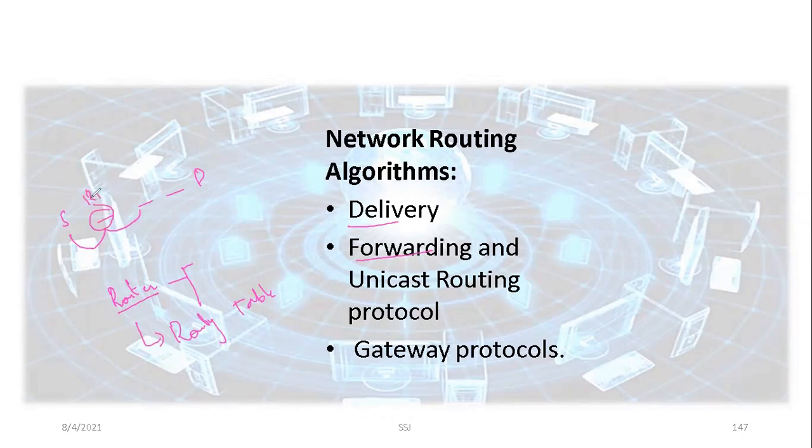So this router R1, to which router should it pass the next message? Should it pass to R2, R6, R8, etc.? So in this case, we create routing tables to help in the concept of forwarding. So forwarding basically uses the routing tables. Now, what are these routing protocols? They are used continuously to update the routing table. So the routing protocols are used to update the routing table.